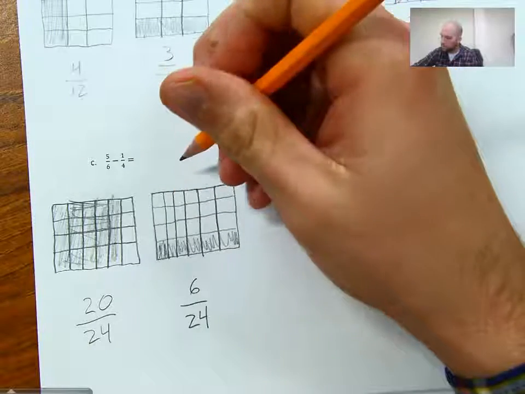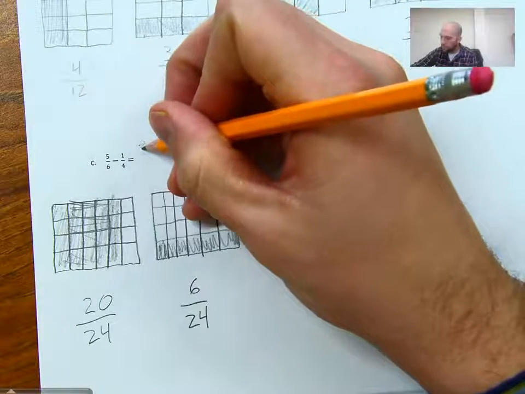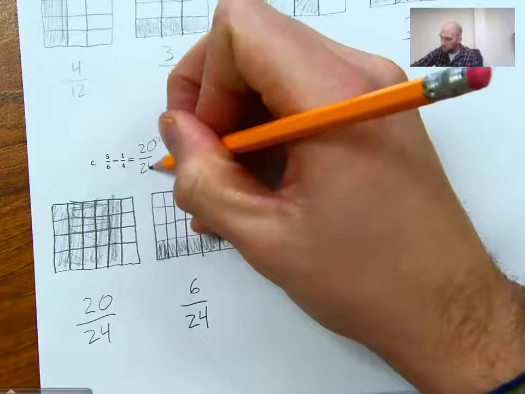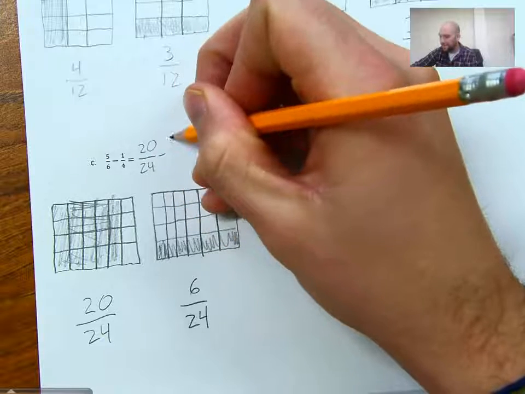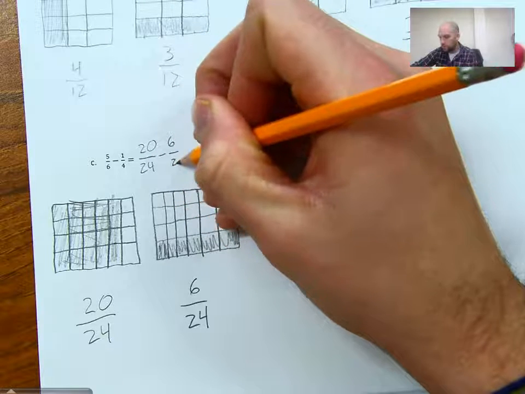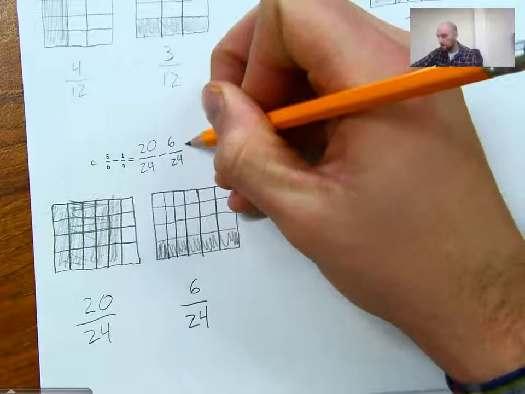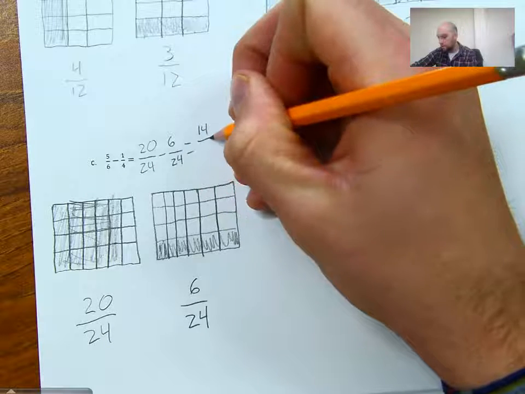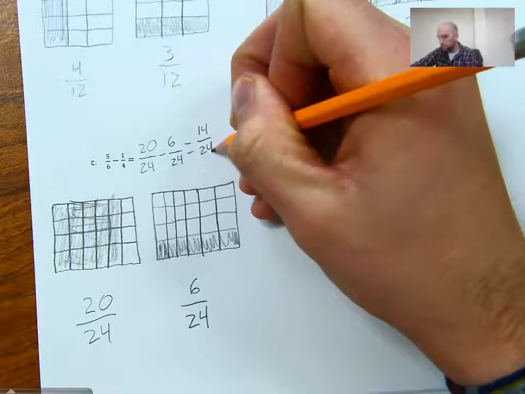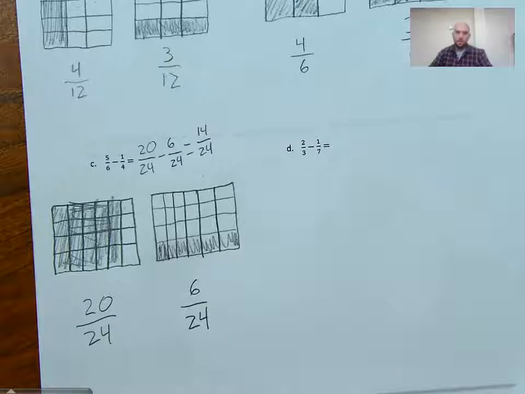If I have 24ths minus 6 24ths, I'm going to get 14 24ths. Now, 14 24ths would do just fine, but I do see that both my numerator and my denominator are even